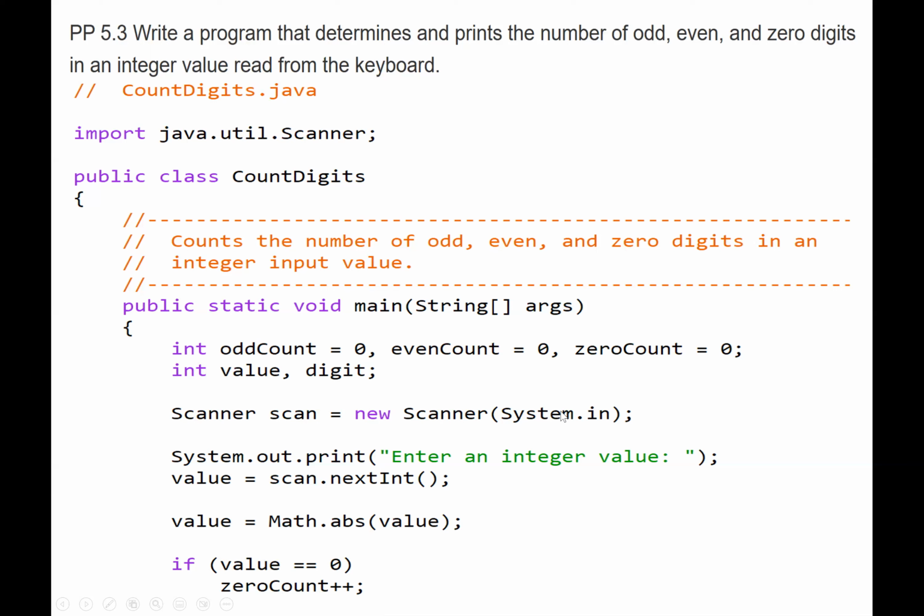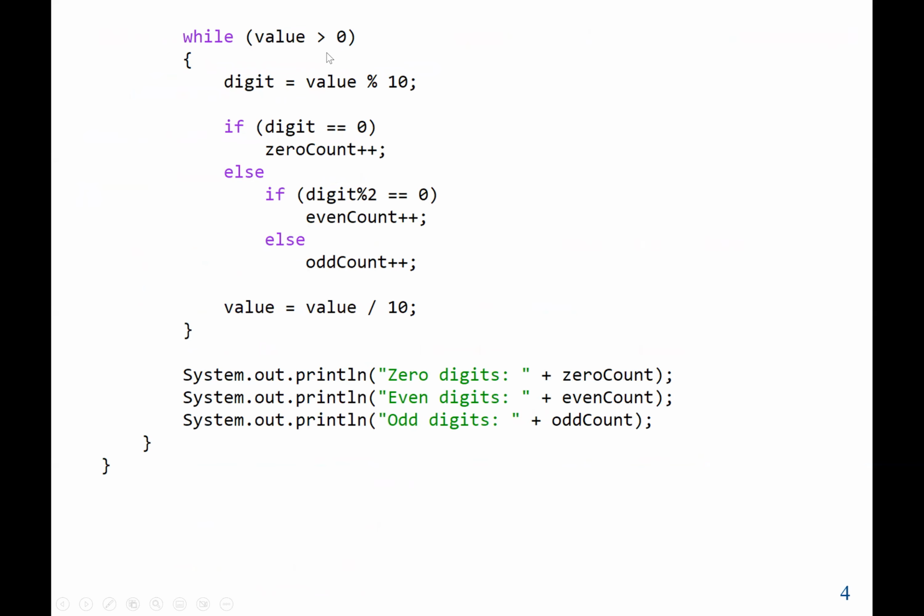So first we create our Scanner object named scan. Then we ask the user to enter an integer value. So we use scan.nextInt, and we store the value in a variable named value. Then we want to make sure that the value is a positive value. So we use the absolute function, Math.abs, which means if the user enters a negative value, we make sure it's a positive value. And now we check if the value that the user entered is equal to 0, then we increment the zero count. Now, while the value is greater than 0,